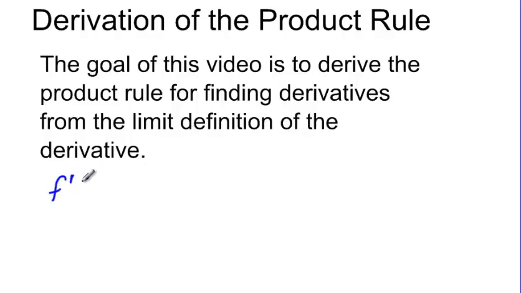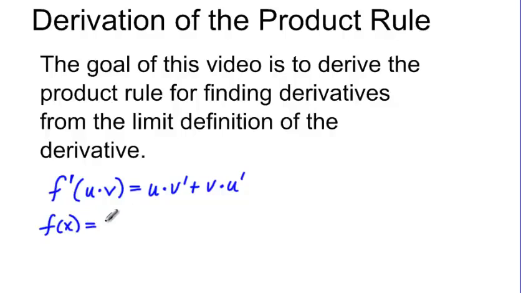if you want to take the derivative of a function written in terms of two functions of x. So u is a function in terms of x and v is a function in terms of x. Your derivative is going to be the first times the derivative of the second plus the second times the derivative of the first. Now, if f of x is two functions written in terms of u of x times v of x,